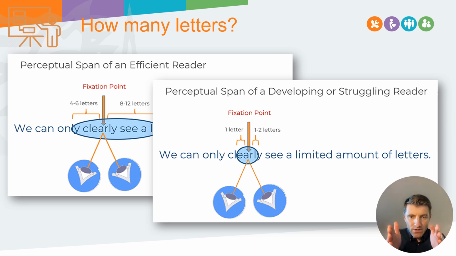It's a very narrow bit. So to be able to draw meaning or information from what's around where I'm looking, it's much more difficult. Now, the way that we improve perceptual span is by improving decoding skills, by improving that automaticity, and we start to be able to become more fluent, and our perceptual span increases because we're not so reliant on being focused on what's immediately in front of us. So just another thing to be aware of.